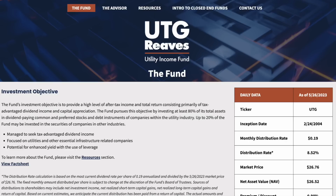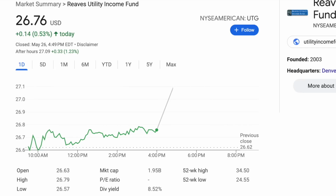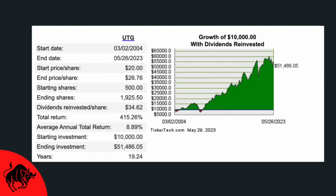It currently yields over 8.5% and it pays monthly dividends. They've been able to grow their dividend distributions pretty consistently, although some years they have seen more due to special dividends and capital gains. Since their IPO in 2004, UTG has provided an average annual return of 8.89%, which is good,